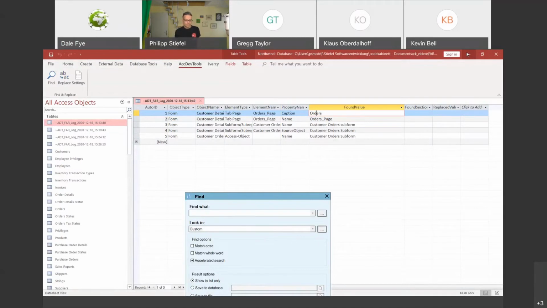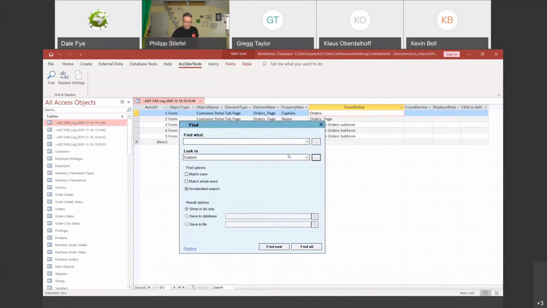When I was playing with it the other day, I missed the result options for save to database, and that was the piece that was really bugging me, as I didn't have any way to do that. But this feature makes it a whole lot simpler for me to actually go out and search for stuff. Obviously, I'm then going to have to go back